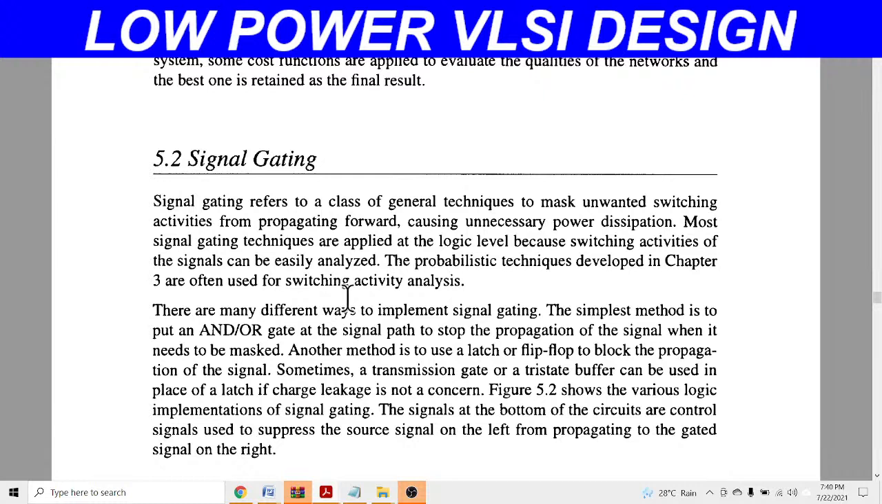We can minimize this switching by using some signal gating. Now what is the meaning of signal gating? Signal gating means we are doing some masking to prevent unwanted switching. How can we reduce this switching? We can reduce this switching